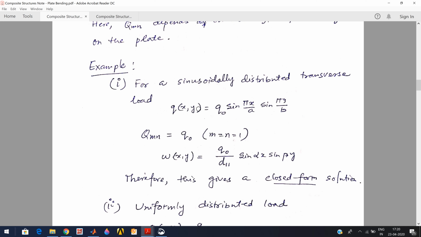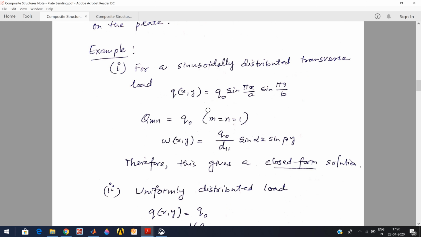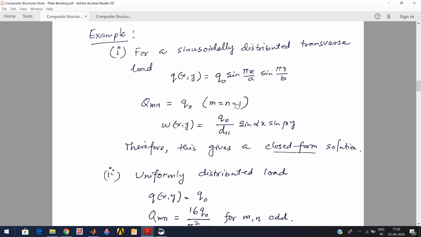If the load itself is sinusoidally distributed, then only a single term of the sine series will satisfy that load equation, and then Q0 is constant, and that will be equal to Qmn. Therefore m and n are 1. So now we'll get the solution also in the same way. So you will have only one term in the sine series,